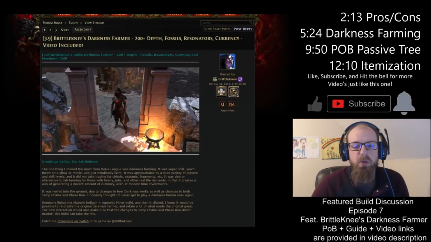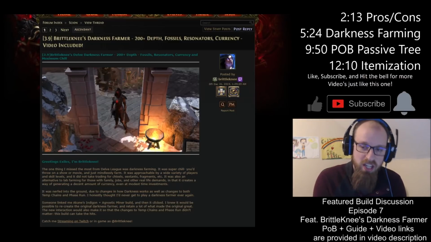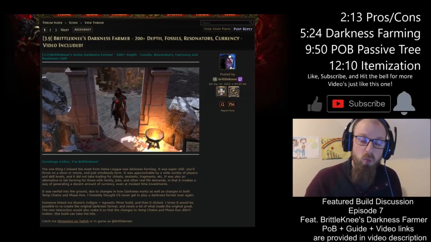My name is G3Iron, and today we are back with our 7th episode of our featured weekly build discussion. This week we are featuring BrittleKnee's Darkness Farmer. This is a Scion build that is specifically made to print you currency while not killing any monsters and simply